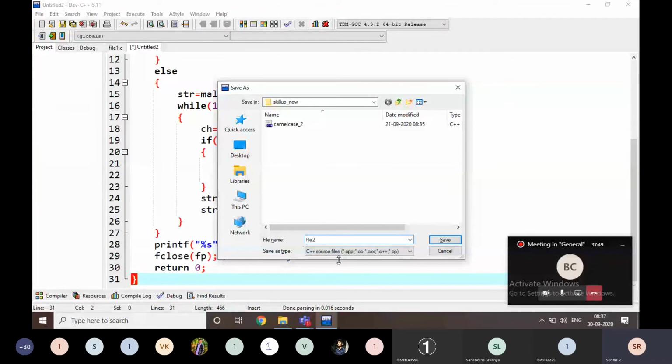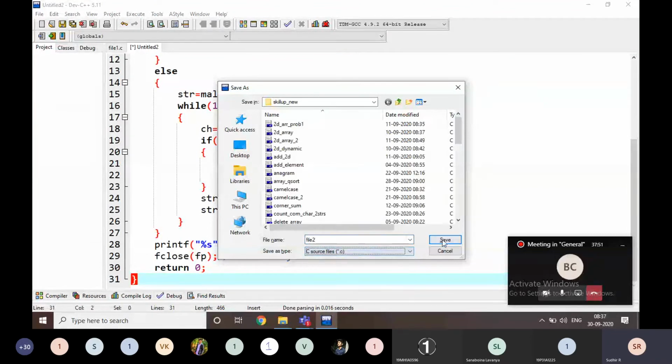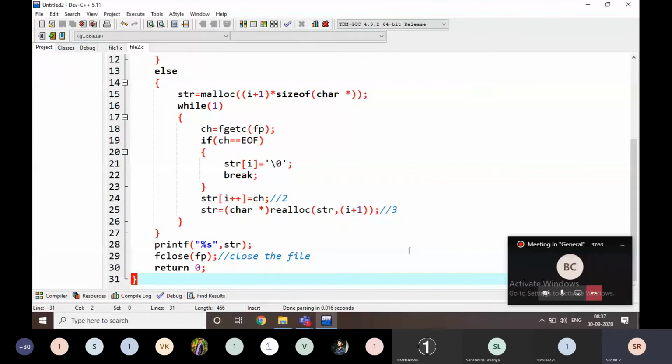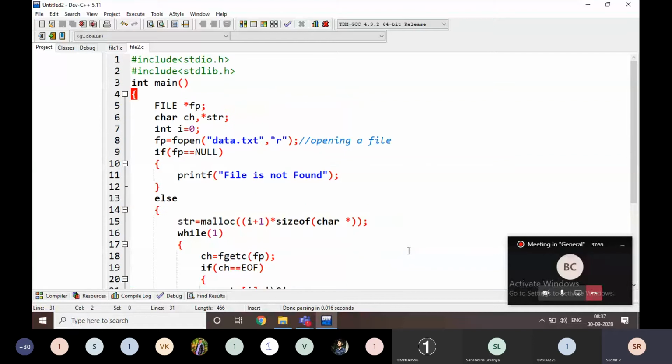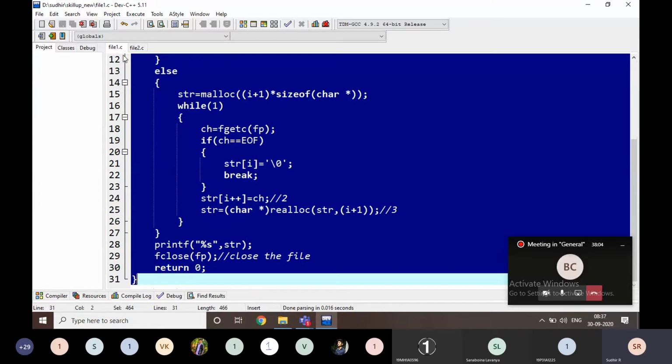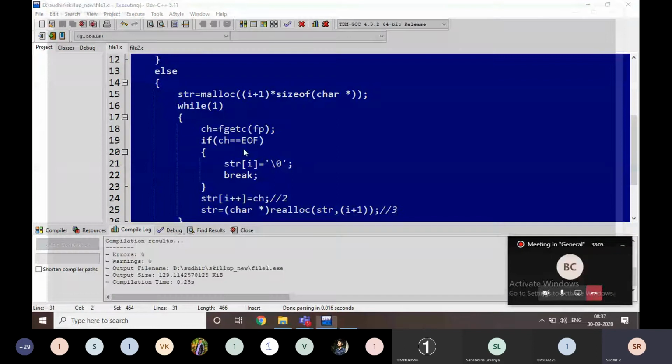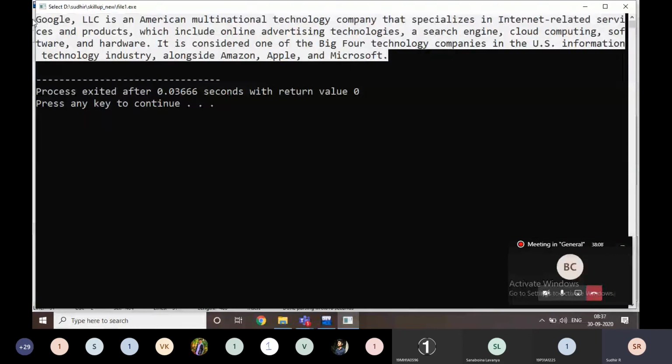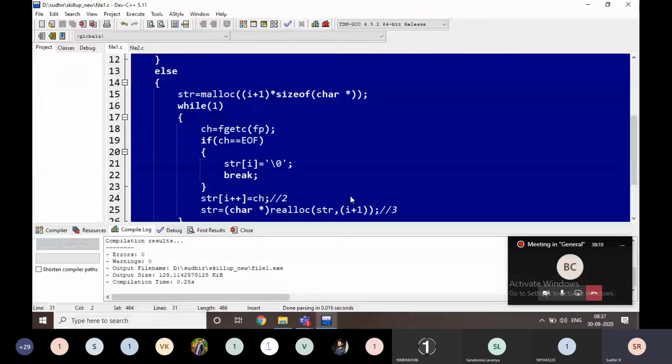I'm going to maintain file 2 here. I'm going to put the data in another file, so I am going to copy the data into the other file. Here I have opened one file. First of all, I am going to write it normally, and then I will do it.